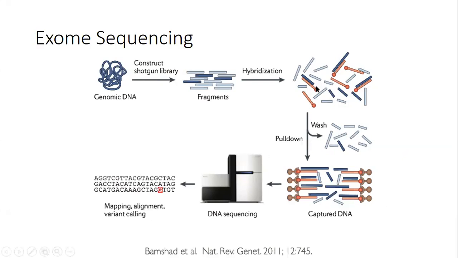The downside of it is it's a little bit more laborious than if you just directly sequence. Secondly, this capture is not a perfect method. Not all exons necessarily get equally captured, equally represented, so the libraries wind up sometimes being biased. You don't necessarily truly sequence all of the coding regions. And finally, of course, there's no law that says that medically relevant genetic variants have to reside within the protein-encoding components. So there are mutations within introns. Presumably there are mutations in regulatory sequences and elsewhere that you would miss.